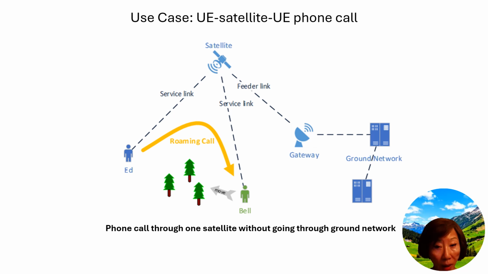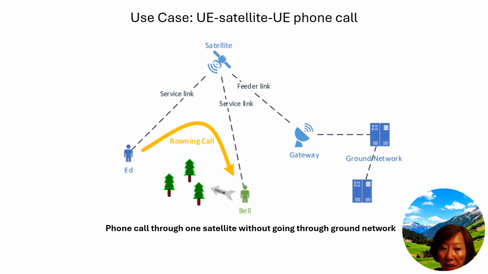We have a gateway depicted as a satellite dish on the right side of the image. We also have the ground network represented by server icons on the far right. It's labeled as such, ground network. And we have service links, feeder link. There are those dashed lines. We have a network link, also a dashed line, connecting the gateway to the ground network. So we have three different links here: service link, feeder link, network link.